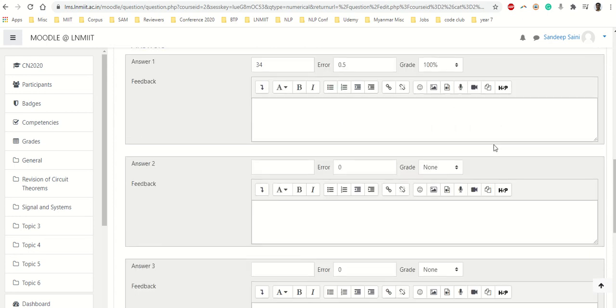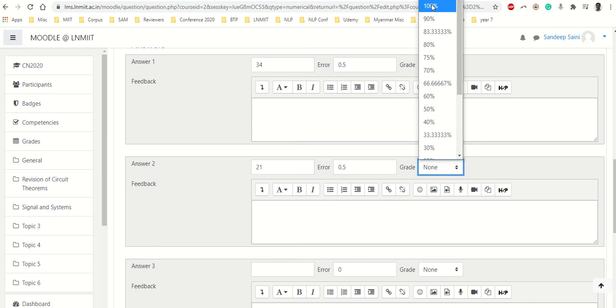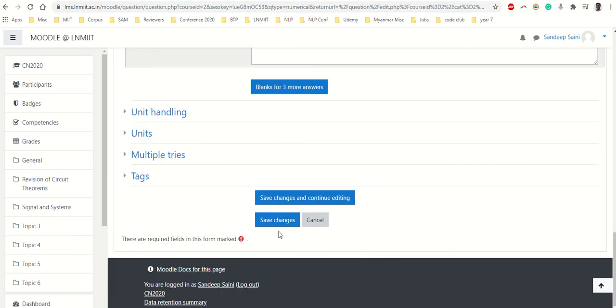If you think that students will calculate something else also, like if we are asking what are the roots of a quadratic equation and the two roots are 5 and 3, so one answer is 5 and the other is 3, and we are asking only one of them, so we cannot ask both right now in this option. So one root is 34 and the other root is 21. There also I am giving an error tolerance of 0.5 and this is also 100%. So I save it